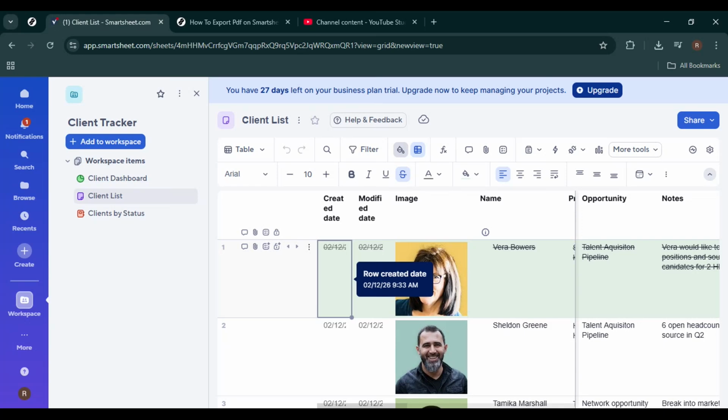In today's video, I'm going to show you exactly how to export a PDF on Smartsheet step by step. Whether you want to share your sheet with clients, send a report to your team, or create a printable version for meetings, exporting your Smartsheet as a PDF is quick and simple once you know where to click. I'll walk you through the entire process from start to finish so you can do it confidently in just a